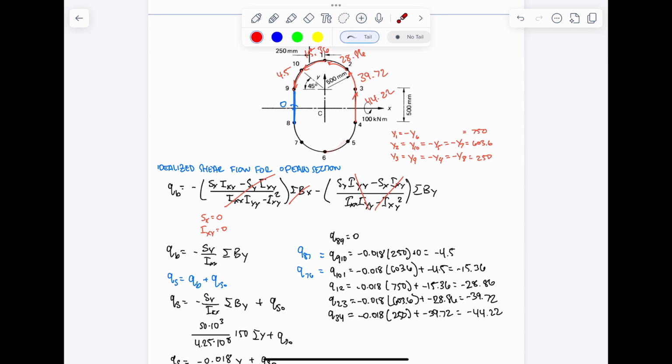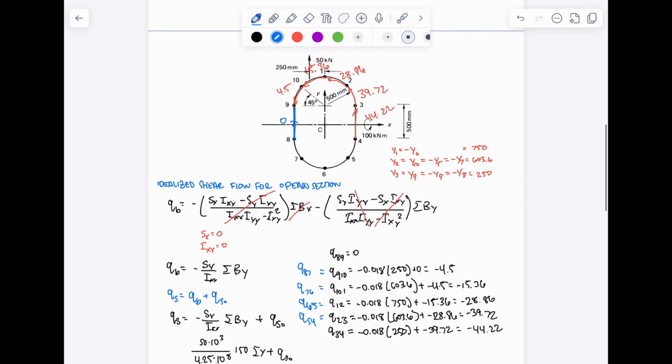Then again, 1 to 2 is the same as 6 and 5. Shear flow of 6 to 5. And shear flow of 2 to 3 is 4 to 5, or 5 to 4. And 3 to 4 is the same all the ways. So this is the